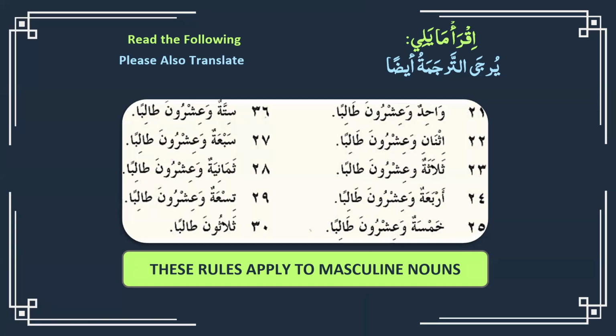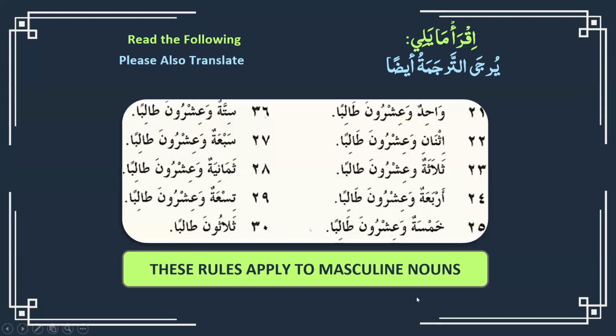Okay. Arba'atun wa Ishruna Taliban, 24 students. Khamsatun wa Ishruna Taliban, 25 students. Sittatun wa Ishruna Taliban, 26 students. Sab'atun wa Ishruna Taliban, 27 students. Samaniyatun wa Ishruna Taliban, 28 students. Tis'atun wa Ishruna Taliban, 29 students. Salasuna Taliban, 30 students. Okay, now this rule, they didn't mention this in the book, but this rule is only